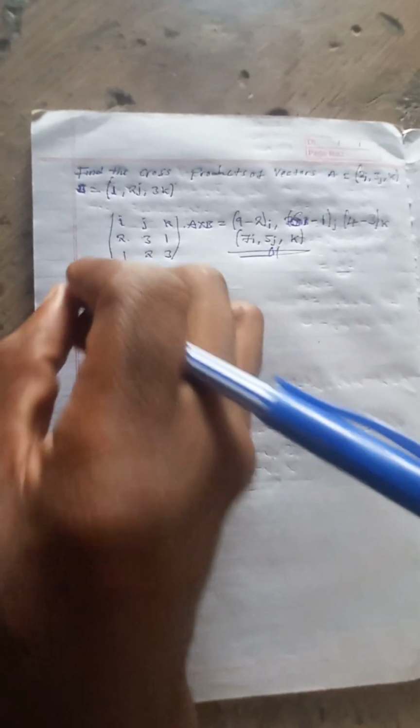And with that said, let us now show that A multiplied by B plus C is equal to A multiplied by B plus A multiplied by C. So for us to show that these two vectors are equal, we need to have their unit vectors, which is equal to A is equal to